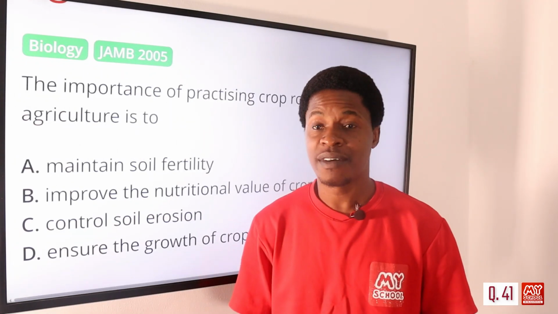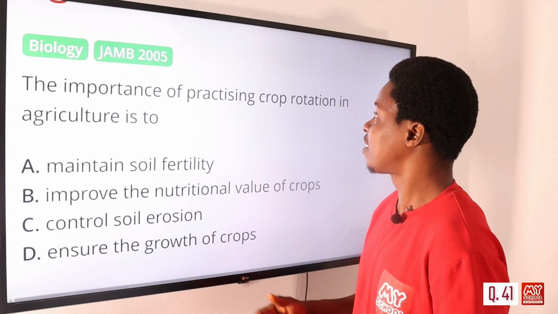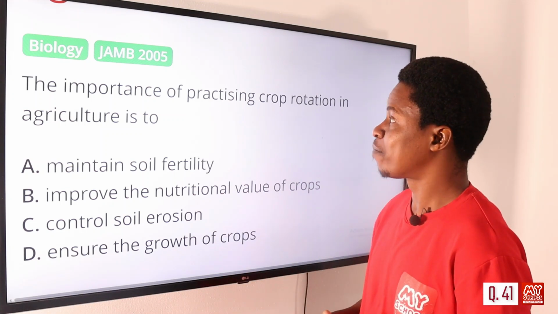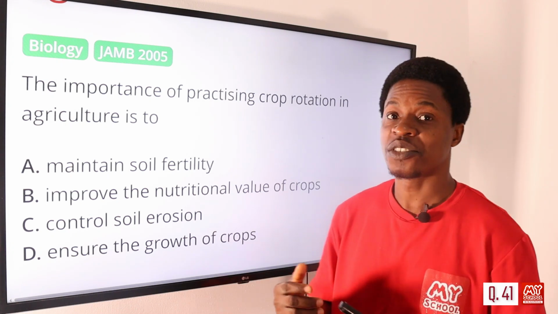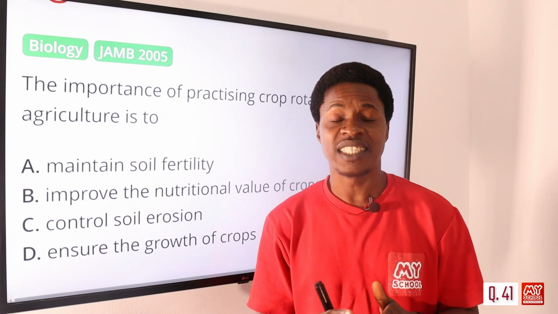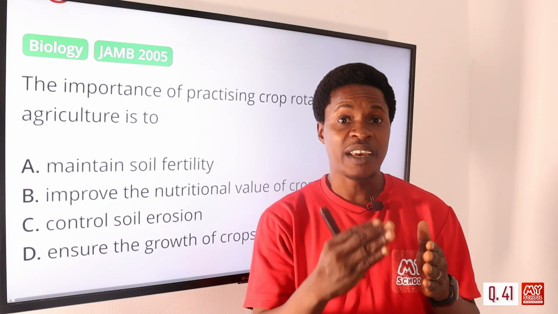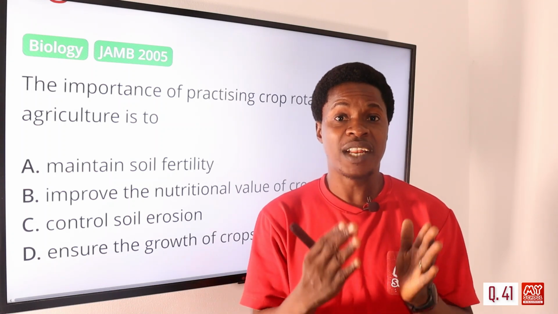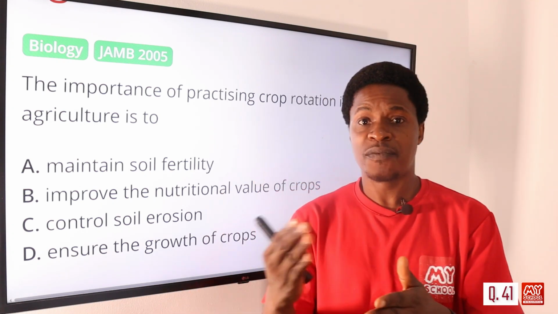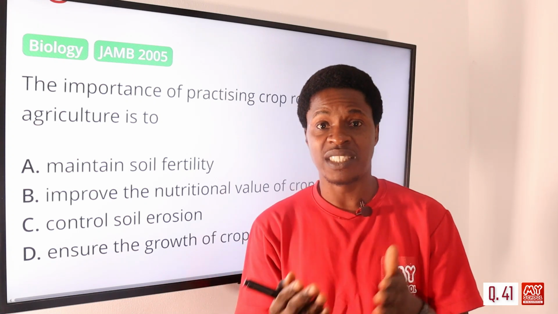Let's move on to question number 41. The importance of practicing crop rotation in agriculture is to what? When we talk about crop rotation, just as the name implies, it is the rotation of crops. It is a practice done on farmland where several different types of crops are cultivated in a particular rhythm, following a particular duration. Let's say you plant